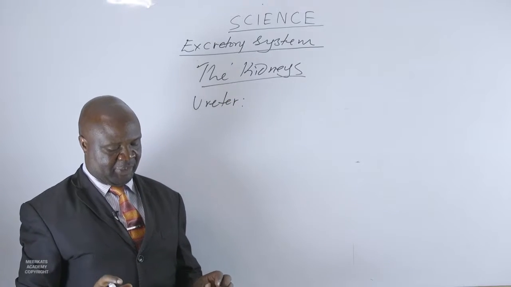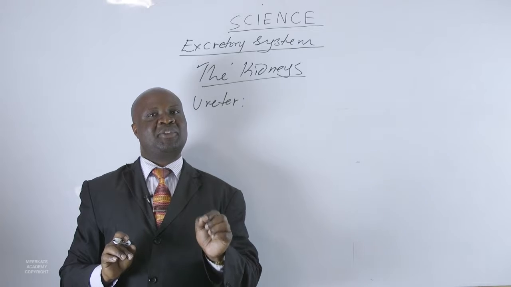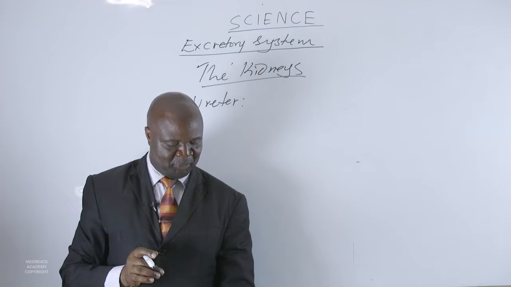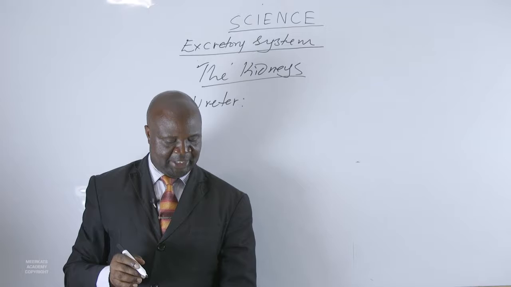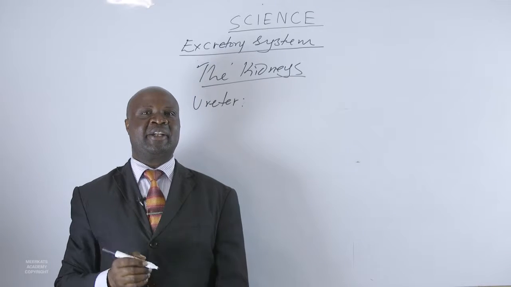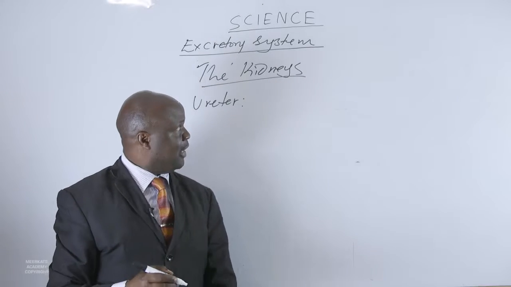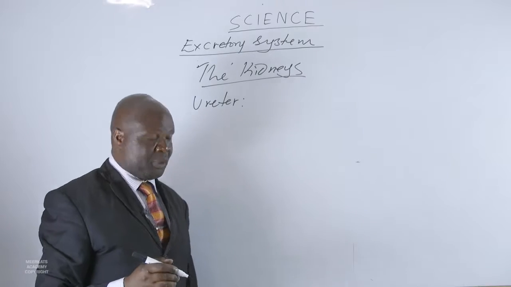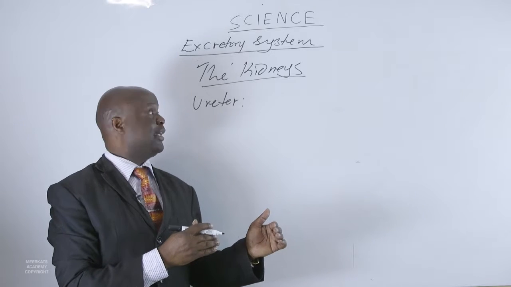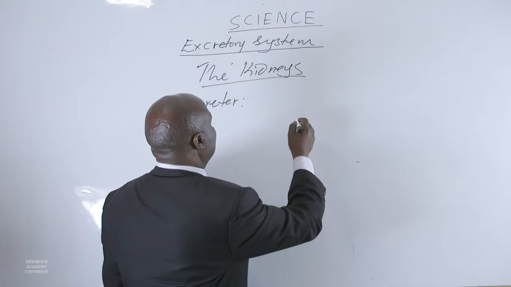Ureter, we shall have a diagram of the ureter. These are tubes. Each kidney has a tube. Each tube coming from each of these kidneys is what we are referring to as the ureter. So we are saying ureters are tubes that carry urine away from the kidneys to the urinary bladder. Maybe we can have a simple diagram so that it will assist us to explain the kidney, the way it looks like, the ureter, the urethra, the urinary bladder, and so forth. We can have a simple structure of